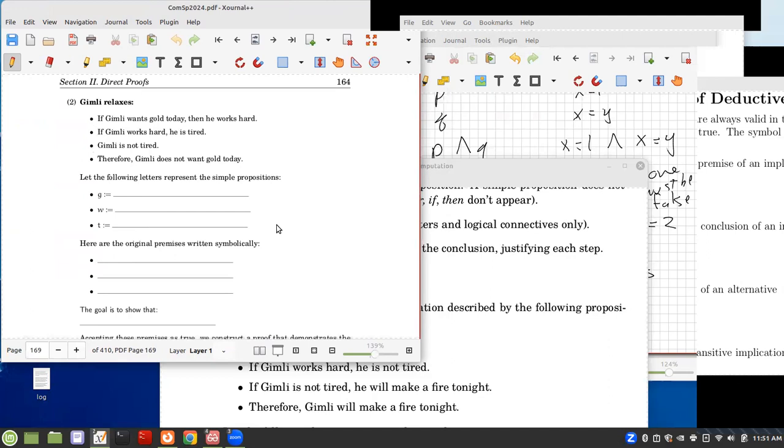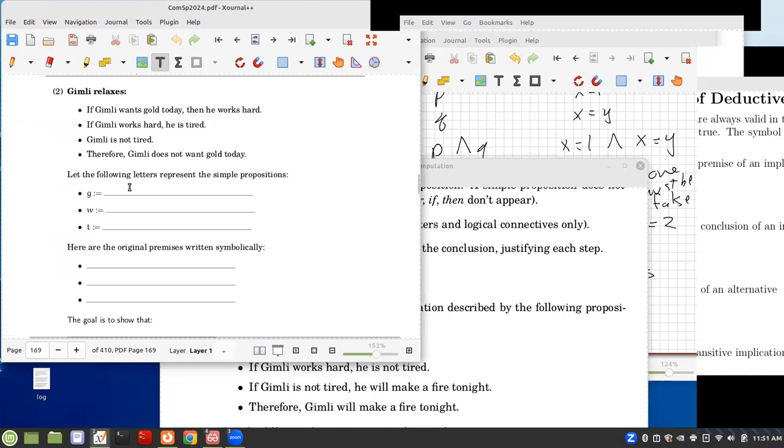So, okay, so here, well, let me see if I can use the text here. Okay, so Gimli relaxes. So we first want to look at this argument and see what are the atomic propositions or elementary ones. Well, obviously, one of them is, Gimli wants gold today. Okay. Then W we can take as Gimli works hard. It's useful sometimes to use a mnemonic. So this G is for gold, this W is for works. And the last one is